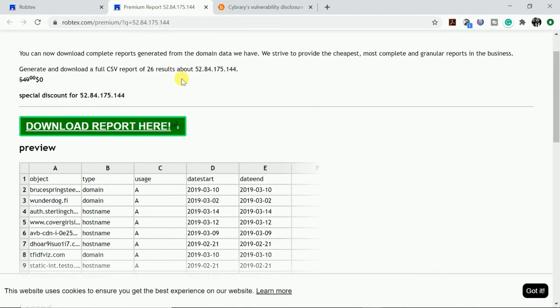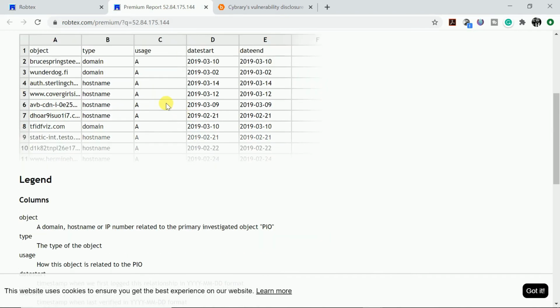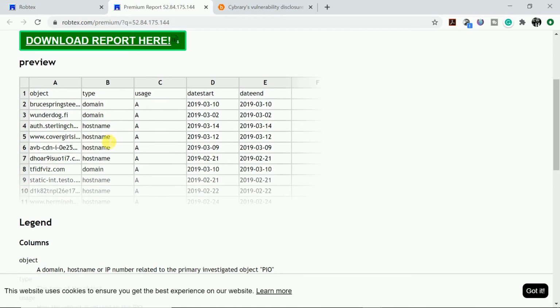Okay, so here is the list for this particular IP address. I have got the record list here, and it's not showing completely, but here you can see A is for the A records. Do you remember the purpose of the A record? It was to associate an IP address with the domain name.